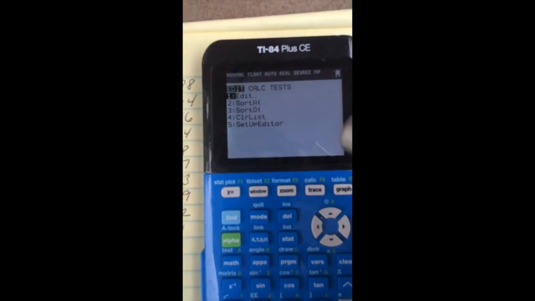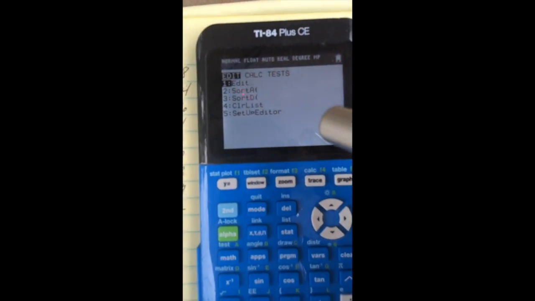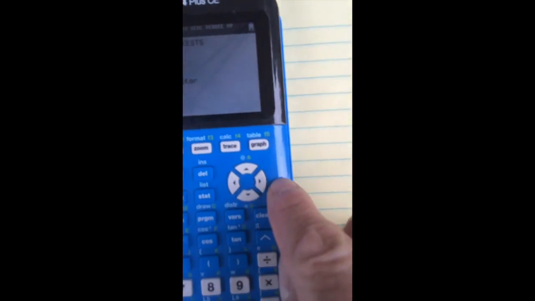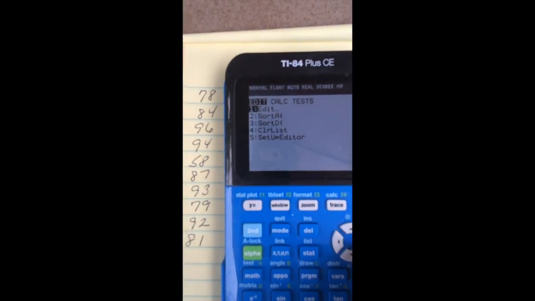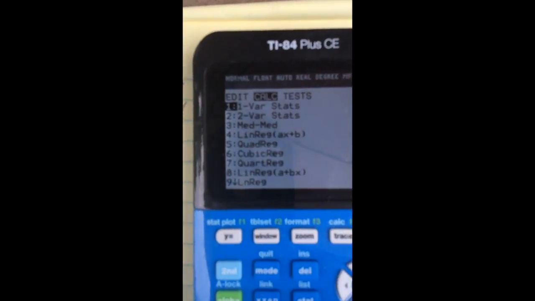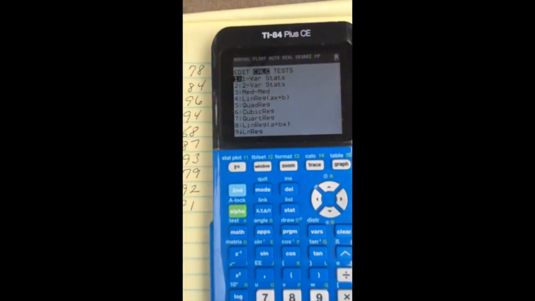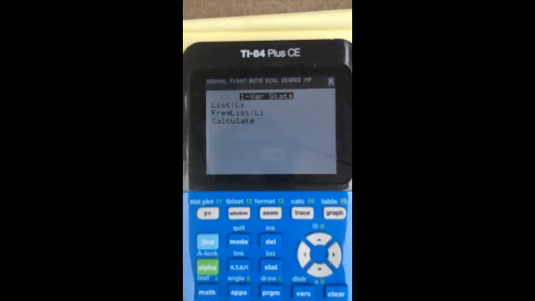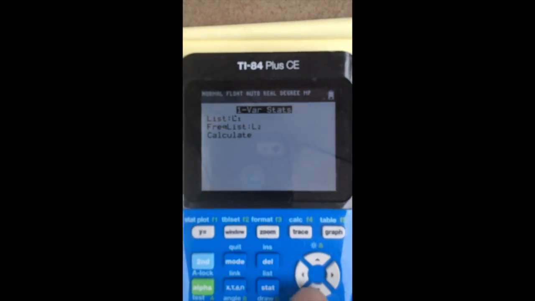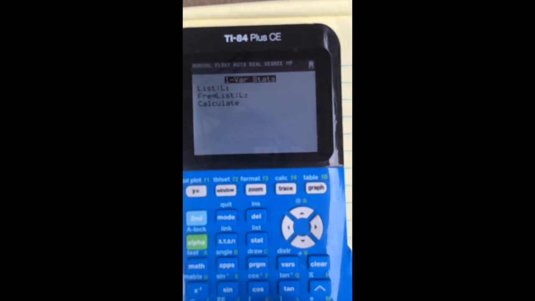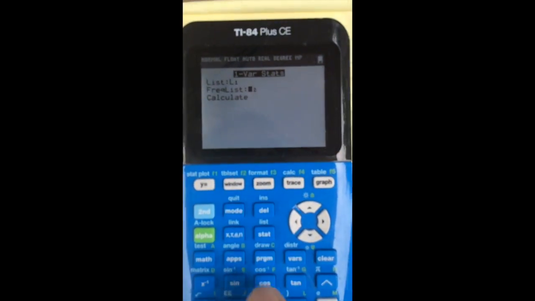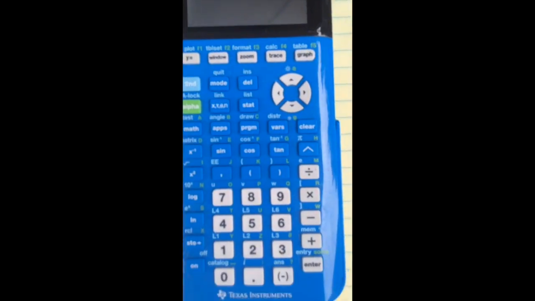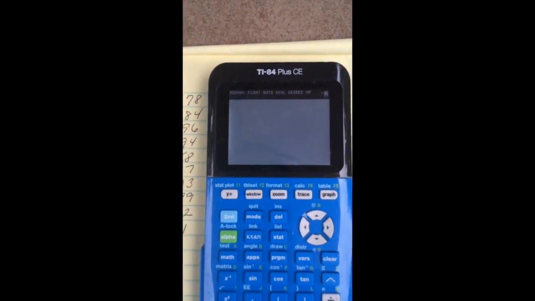and look at the three choices. I have edit, trying to get my pointer there, it doesn't want to show up for you. Edit, calculate, and tests. So we hit the right arrow to calculate. And my first choice, one variable stat. So I hit enter, and the calculator is asking, are the data in L1? Yes. Is there a frequency list? No. So down arrow, and I should just be able to hit delete, go down to calculate, hit enter,